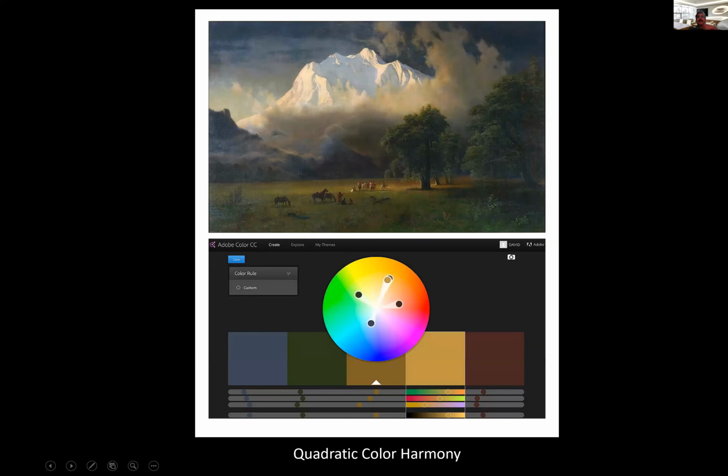Not better than a photo camera capture. Now I'm going to show you how the photo capture also does. I'm showing you a few of my landscape photographs which follow all these rules next. I'm just giving you these because these are the classic examples. These are easy to show. And this one is a quadratic. There are 4 colors, which are 4 parts of the color wheel. Combining 4 colors that can have a rectangular spatial relationship on the color wheel, often referred to as a double complementary or quadratic or a square combination. So this is another harmony which is used.